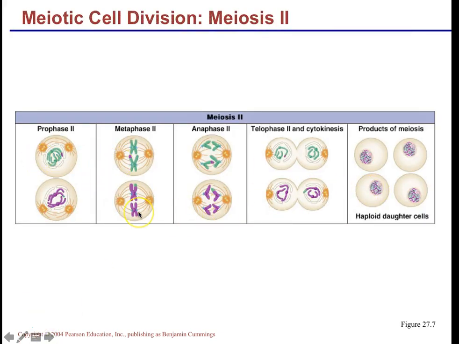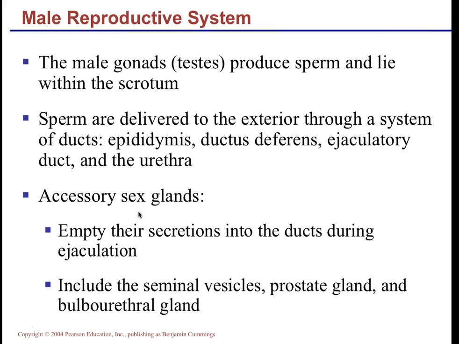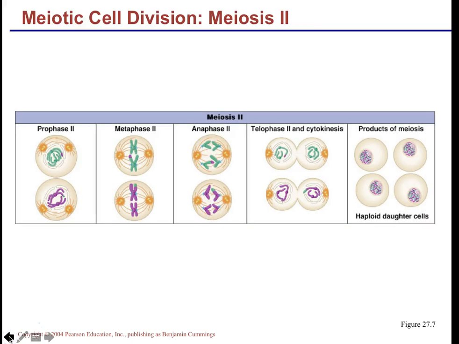Look at all of this. So now what's going to happen is when they divide, let me go back, I lost that. Sometimes things go forward too easy, and then trying to get back is like, good luck. Yeah, here we are. So this is at the end of meiosis 1. You've got 2 cells. They're going to go to meiosis 2. And at the end, you're going to have 4 cells, and all of those 4 cells are going to be haploid. So now that we've gone through the overview, we are now going to get into the male reproductive tract